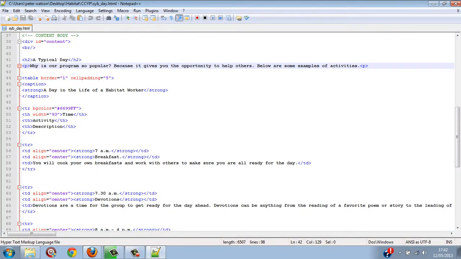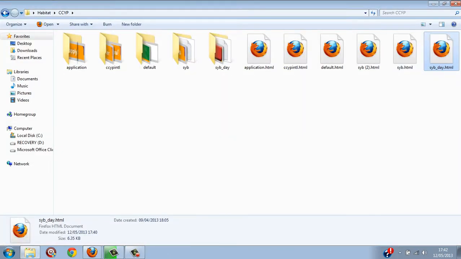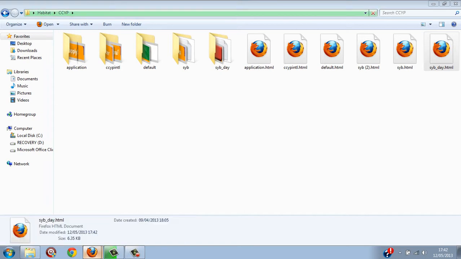And I will now put that as it was before, to its original situation. So I will now save the document again. And I will now go back to the validation service,